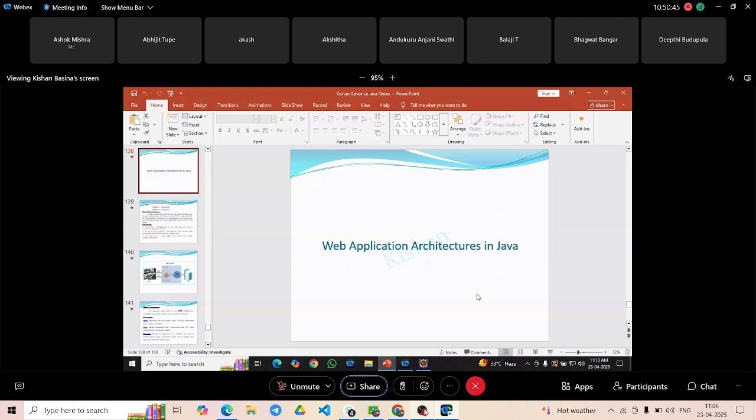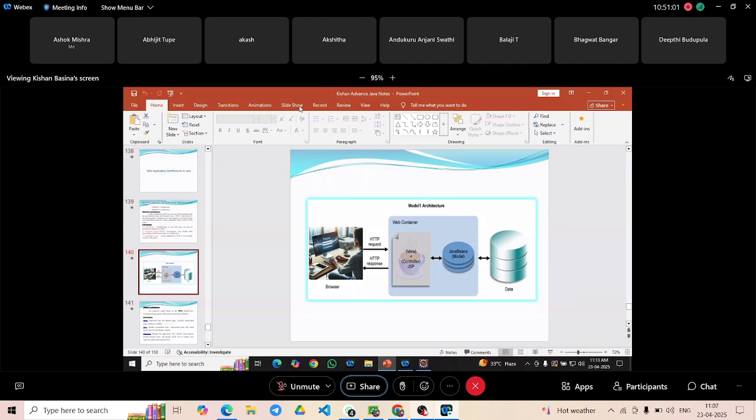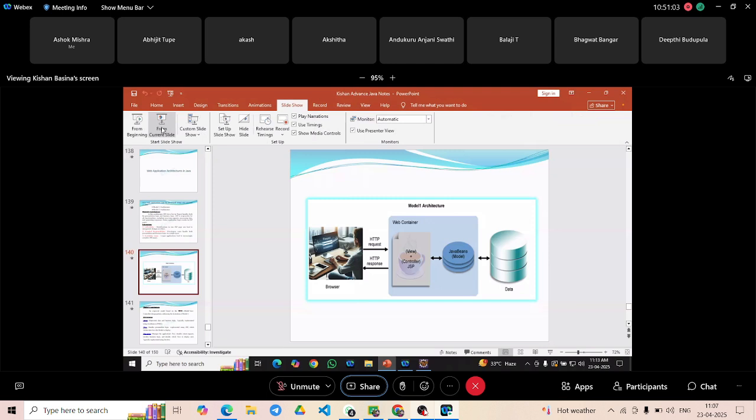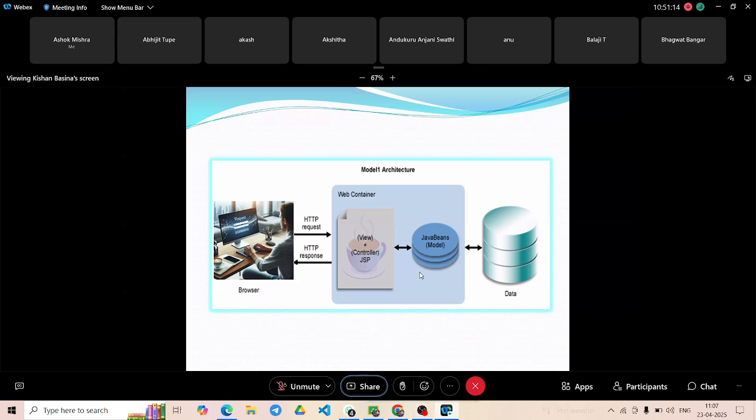When you are speaking about MVC, basically we are having two models. Model 1 architecture, Model 2 architecture. In Model 1, everything will be controlled by the JSP. There will not be any servlet. Okay, I'm speaking about MVC architecture. Basically, when you're speaking about MVC architecture, two models are there. Model 1, Model 2. In Model 1, what happened,